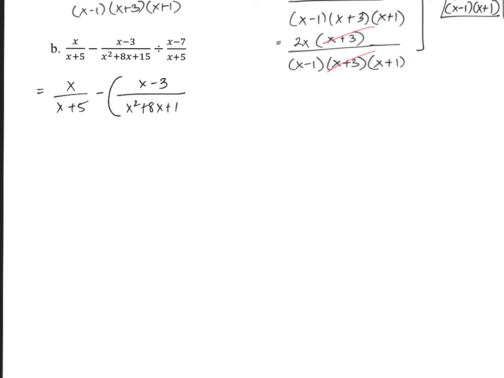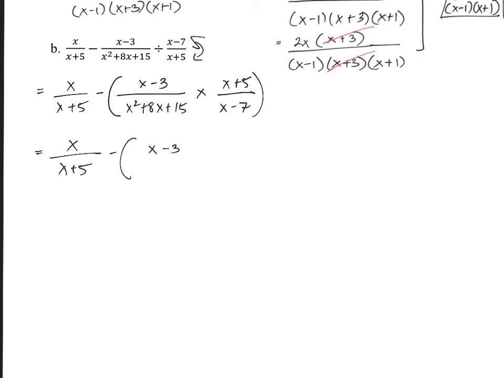So, working on the division, we'll keep the first value, change to a multiplication, and then flip the other fraction. x plus 5, x minus 7. Alright, so once we've done that, to simplify the division,